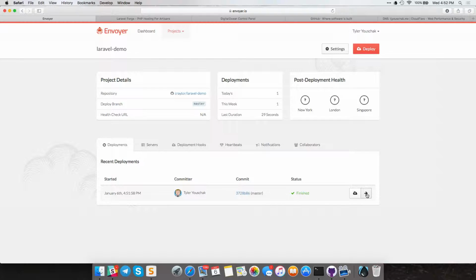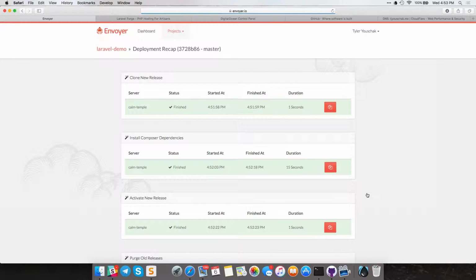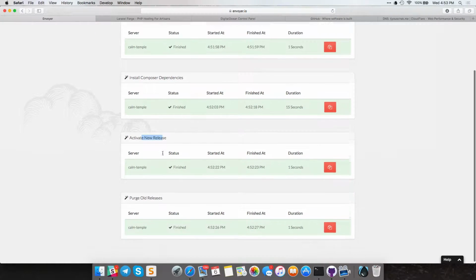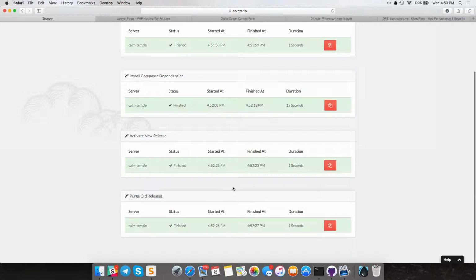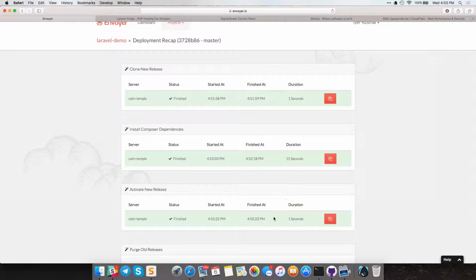So we can actually press this little view details icon, or button, and we can actually see what exactly happened. So it cloned the new release, it ran composer dependencies, it activated the new release, and it purged old releases. So basically this all ran fine, and if we go ahead and go to our site,